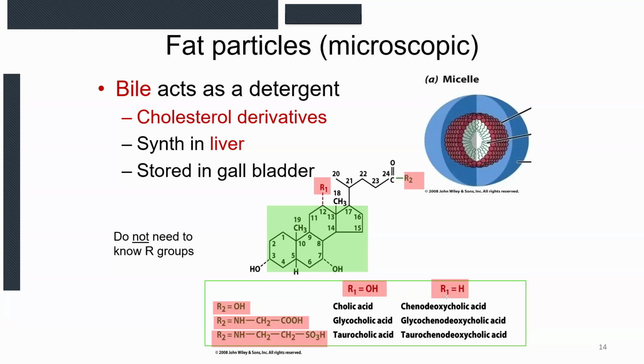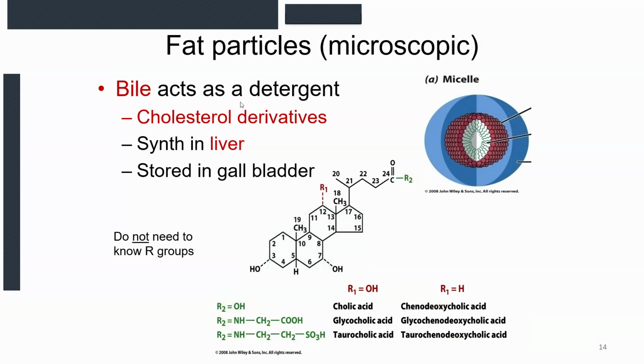If at position R1 you have an H, and then at R2 you have OH, well then that's chenodeoxycholic acid. If at the same time you have an H in the R1 position and at R2 you have that NHCH2CH2SO3H, you have taurochenodeoxycholic acid. So there's a number of different bile salts and bile acids that contribute to the breakdown of fatty